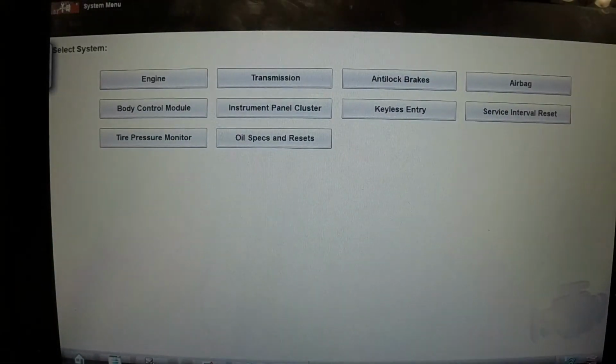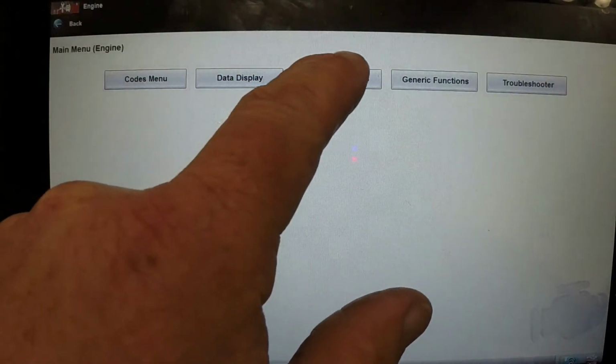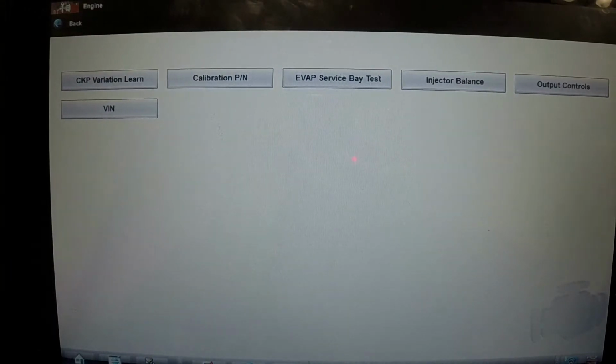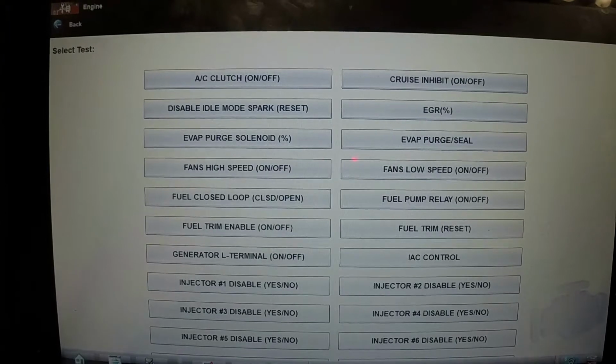I've got the scan tool hooked up, and what I'm going to do is start the engine, and then we'll go in and control the EGR valve and watch what happens. So the engine is running, and I'm going to go into engine, functional tests, and then go to output controls. And I'm going to go down here to EGR,